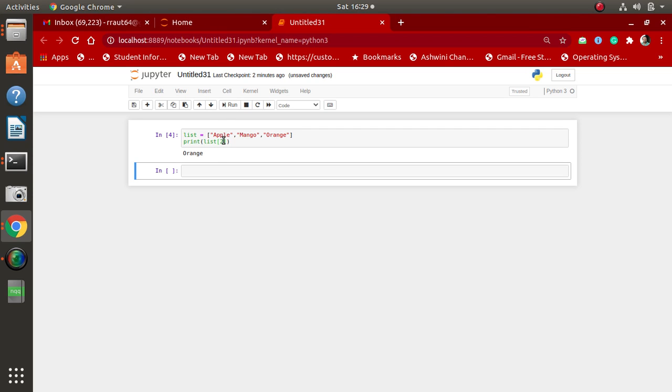It is also possible to specify the range of variable, that is from 0 to 2 and try to run the line of instruction. It will display the two elements in the list, that is apple and mango. Because it excludes the index value 2 from the display list,